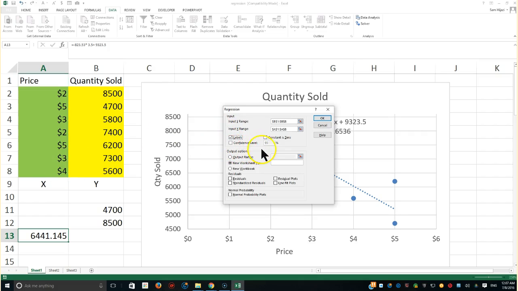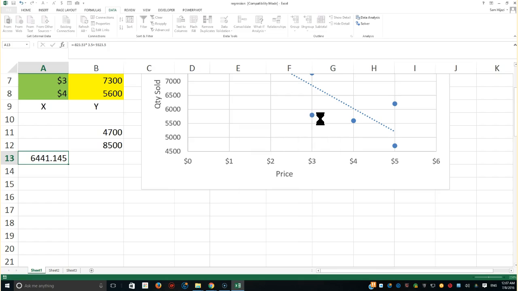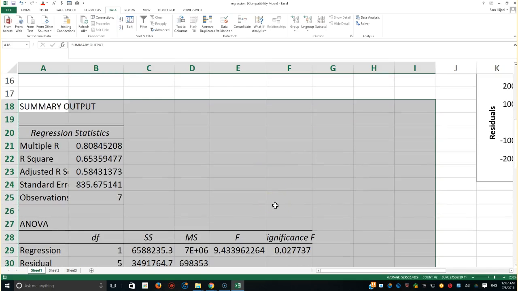I'm going to leave the confidence level at 95. For the output range, I'm going to first click here and look for a suitable cell like this one here. I need to get the residual and also the residual plot, and those are going to be discussed in a future video. I'm not going to make it a very long video, but at least we need to finish some of the